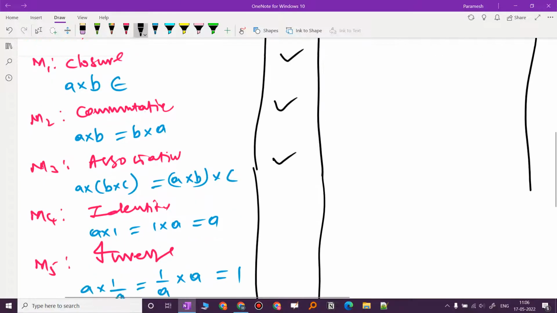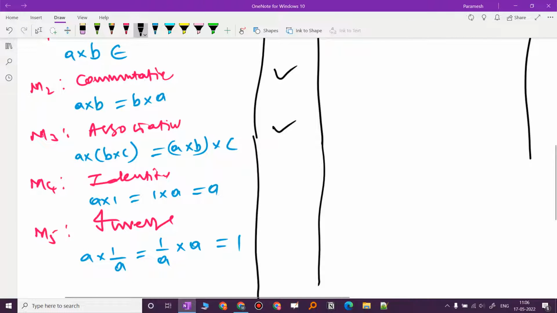Identity: a into 1, that is 2 into 1. 2 and 1 are natural numbers only, so it satisfies the identity. Inverse: the multiplicative inverse of 2 is 1 by 2. 1 by 2 is not a natural number, so that's why the natural number set does not hold the inverse